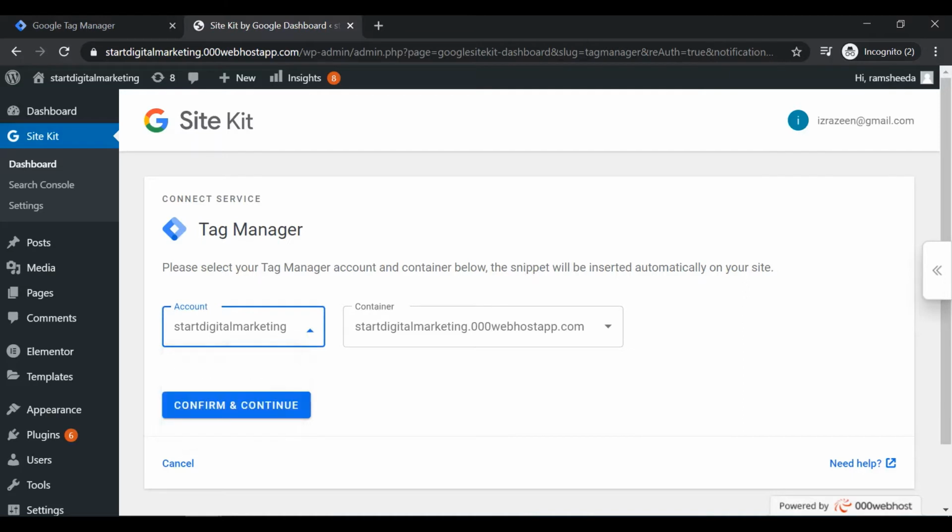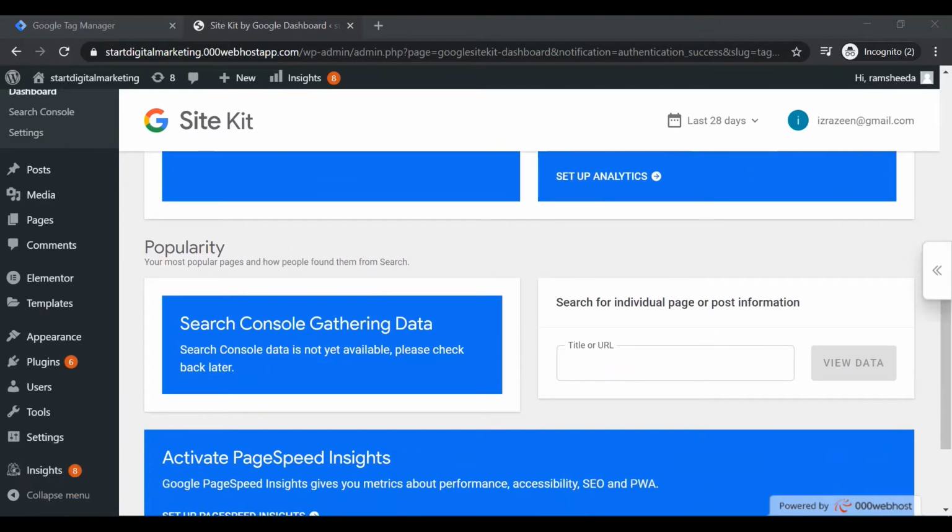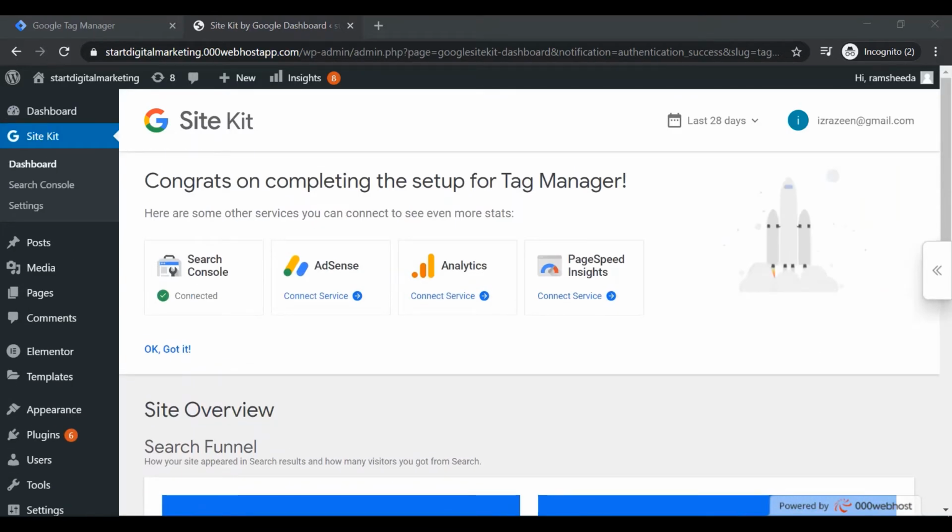Select your account and container. Click on Continue. Now the Google Tag Manager container has been added to all of the pages of our WordPress site.